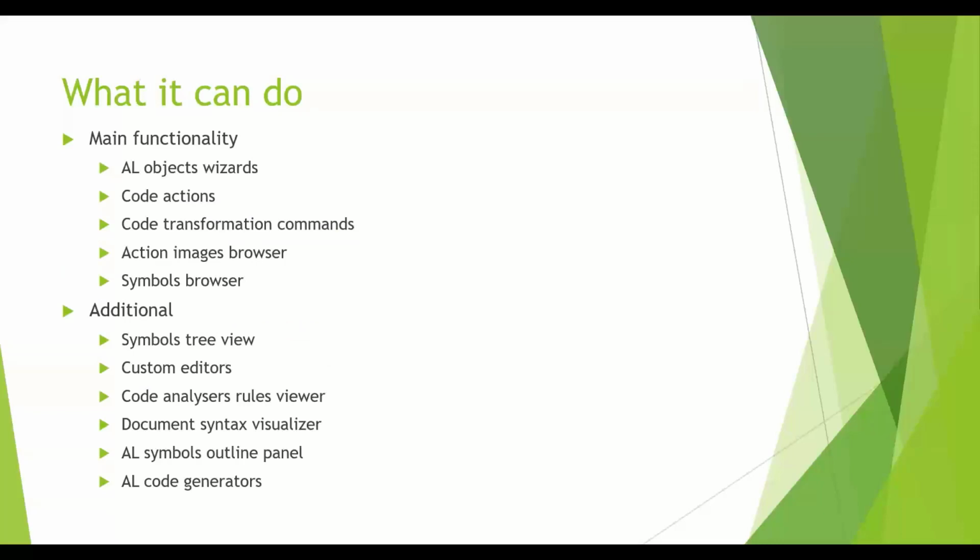Okay, so what can it do? I again split it into two parts: the main functionality and some additional functionality that is less used, for smaller things or used by just a few people. So the main functionality, the one that I really like, is AL Object Wizard, which allows you to